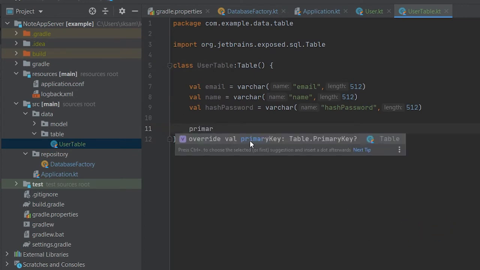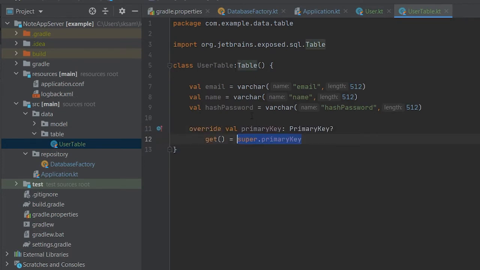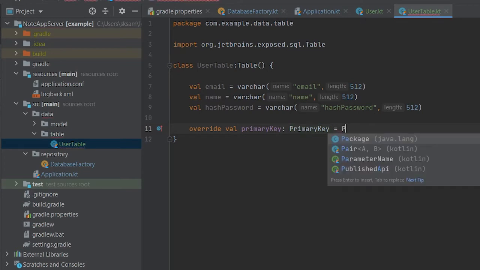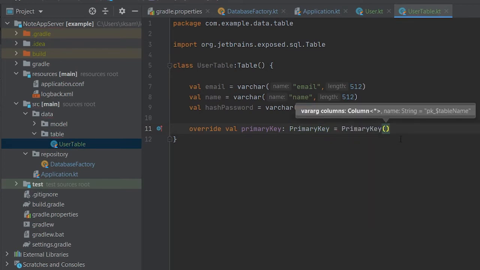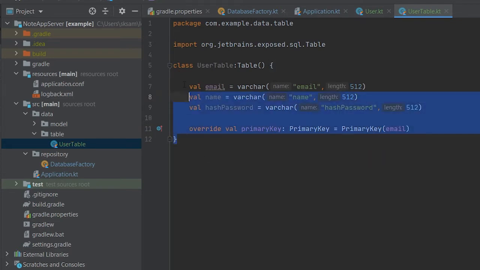Here you can see this primary key is of type Table.PrimaryKey, and in these parameters we have to specify our columns which together make a primary key. So in our case it is only a single column, that is email. So yeah, that's all, our table is ready.